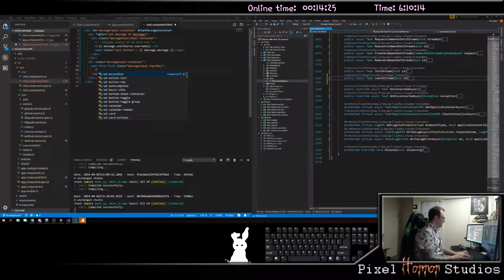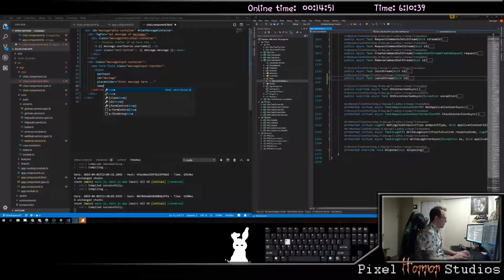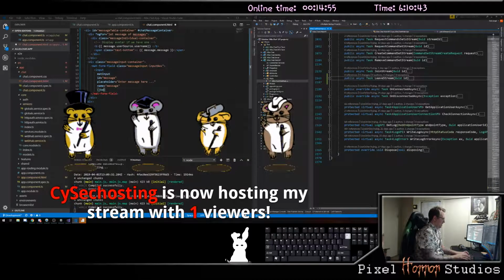And we'll do this as an input, which is a mat input. And my ID will be message, and my placeholder is enter message here. And then we want to say that this is a name is equal to message. And then on key up,